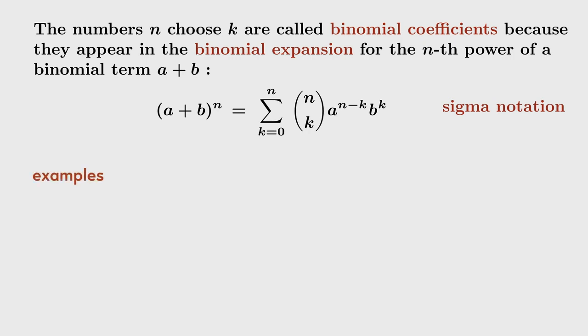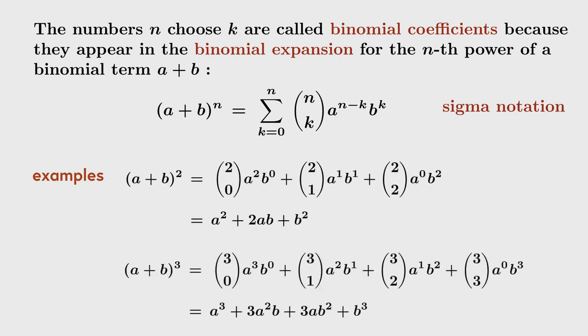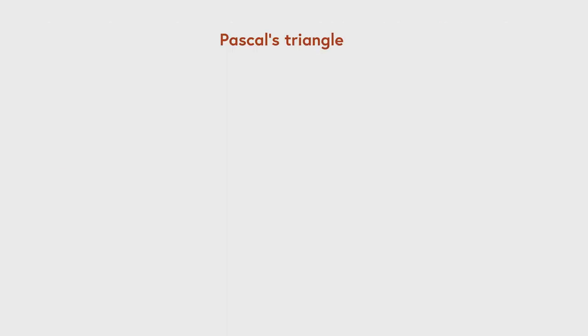So for example, if you express this formula in the special case n equals 2, it turns out to say a plus b squared is a squared plus 2ab plus b squared, which happens to be a notable identity that we already know. The next case, n equals 3, will give you a certain expression in which the coefficients are 1, 3, 3, and 1. You notice there's a certain pattern there. There's a pattern in the preceding one, 1, 2, 1.